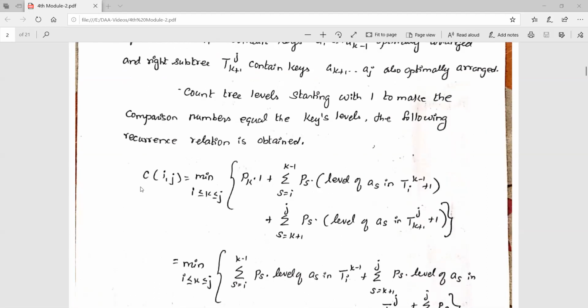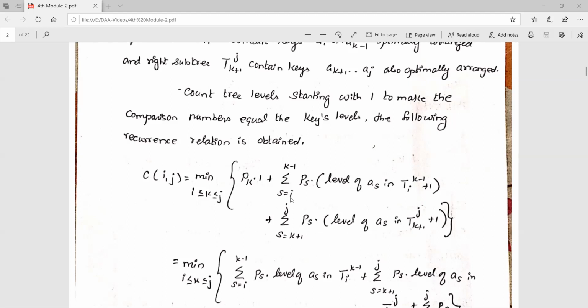C of I comma J is equal to the minimum over I less than or equal to K less than or equal to J. Whatever K value we take, it should be between I and J, and it also includes I and J. Here we have to specify three separate parts. One will be the root, the second will be the left part, that is T of I to K minus 1, and the third will be the right-hand side, T of K plus 1 to J.